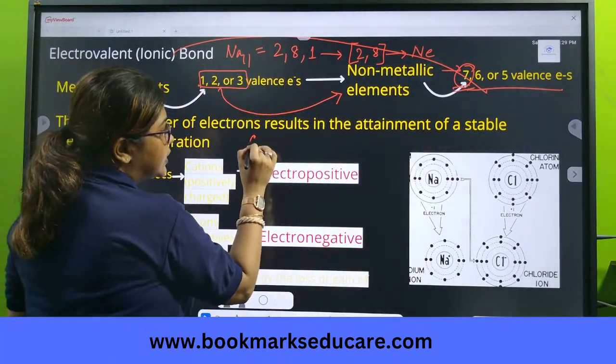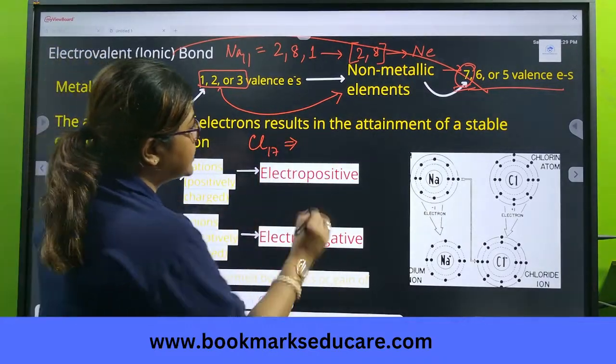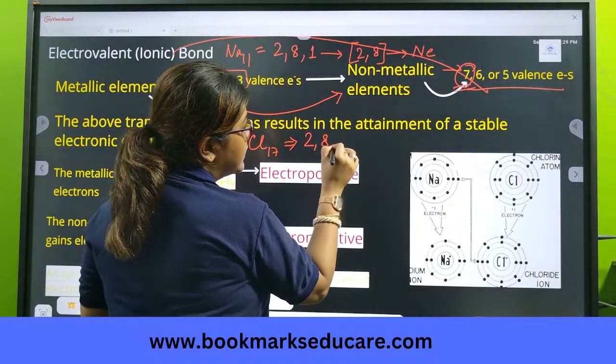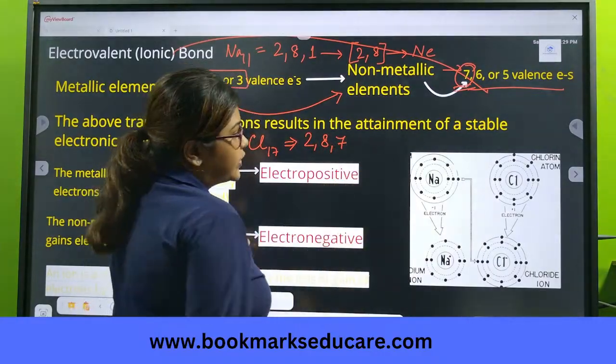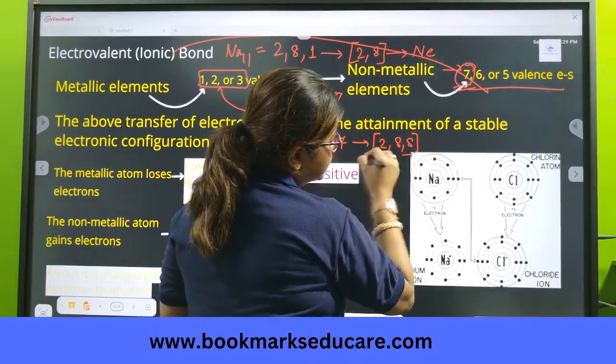Similarly, if you take chlorine, its atomic number is 17, so its electronic configuration will be 2, 8, 7. So it will try to gain 1 electron to